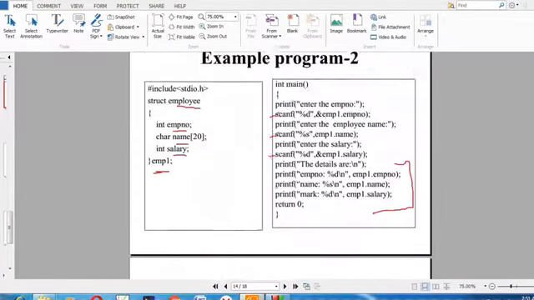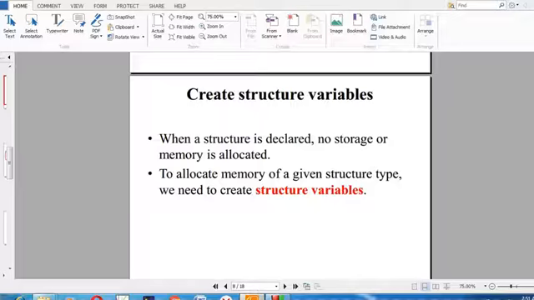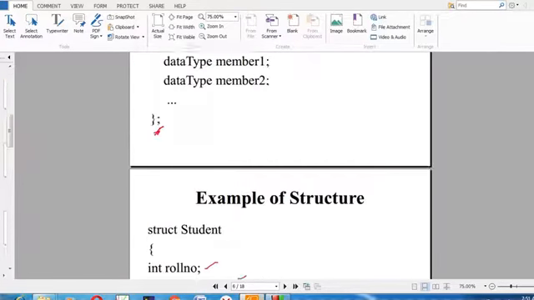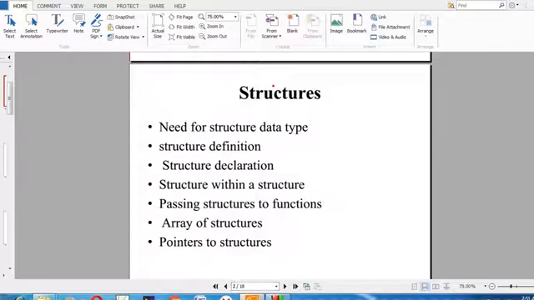Now we are going to give the summary of this session. In this session we have discussed what a structure is. A structure is a collection of different data items stored under a common name. Then how to declare the structure name, inside which we can use a number of data members, and how to create a structure variable. A structure variable can be created in two ways: inside the main function, or before the semicolon of the structure declaration. Then structure within structure, the nested structure, can also be used. These are the things we have discussed in our session.